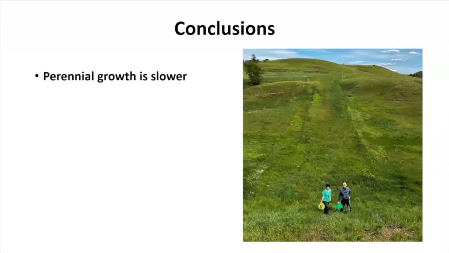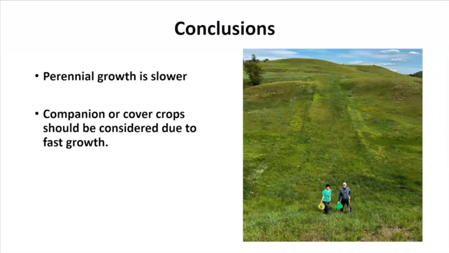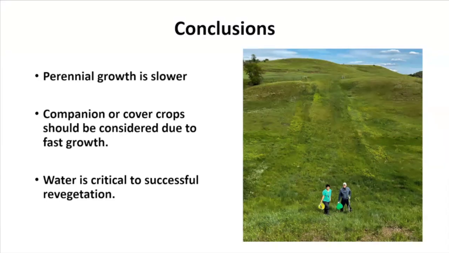So in our conclusions, the most important thing to point out is that perennial growth in general, which is what Western wheatgrass is, is going to be slower. And perhaps our 21-day growth period was just not long enough for it. In terms of what this means for reseeding pipelines, companion or cover crops can be considered due to their fast initial growth. It was really important that water was the most critical to successful vegetation in this